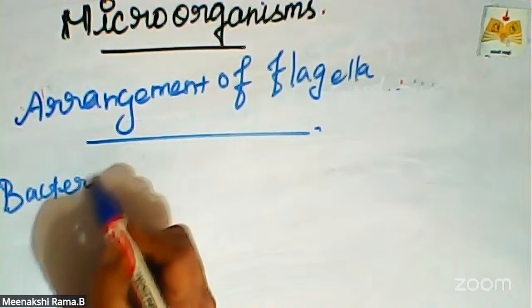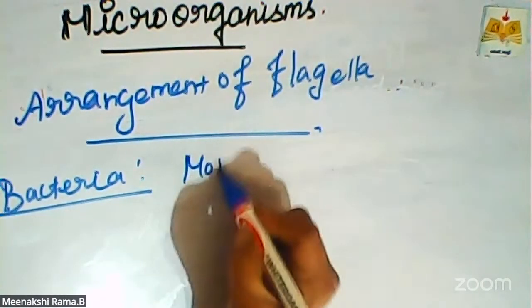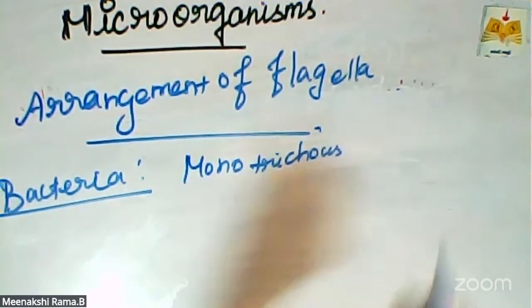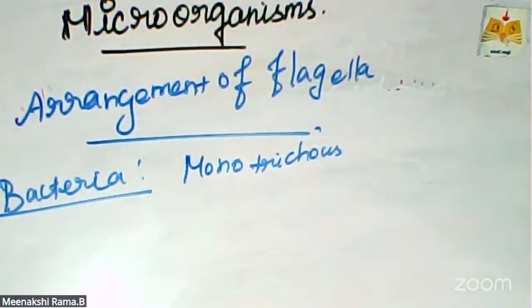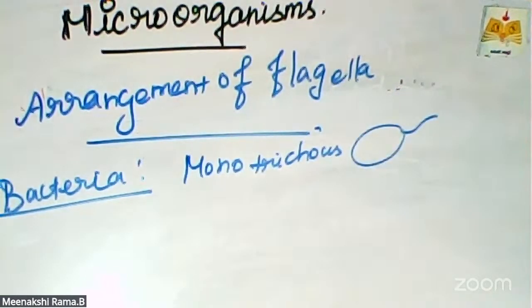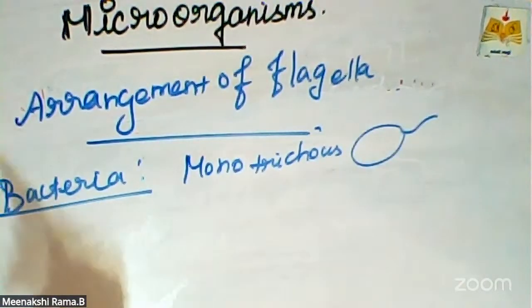Bacteria are classified into different types, that is monotrichous. So this kind of bacteria has only one flagellum. So monotrichous bacteria have only one flagellum on one side only. Okay. And then next one is